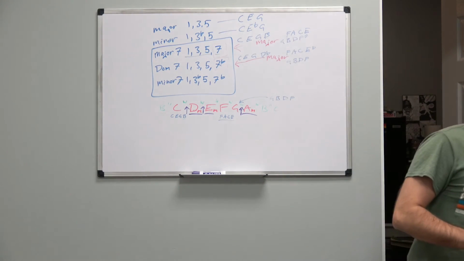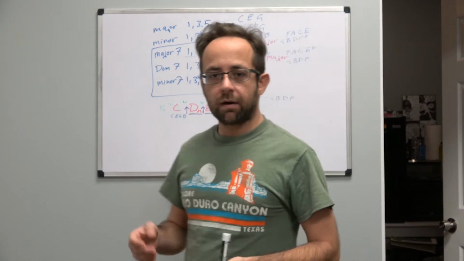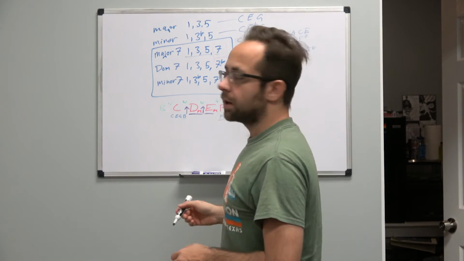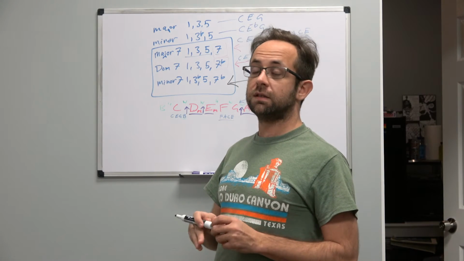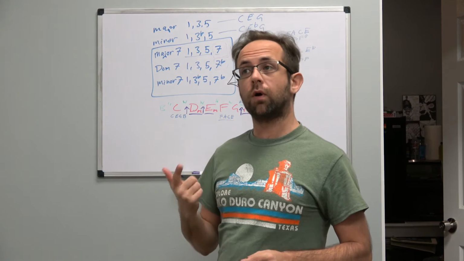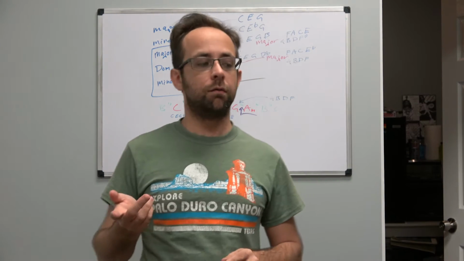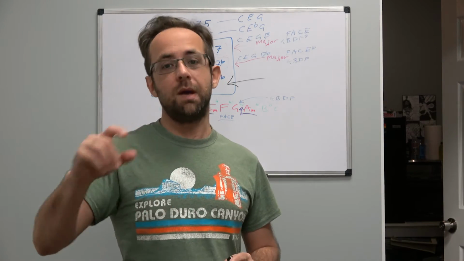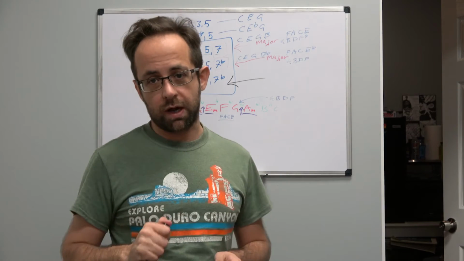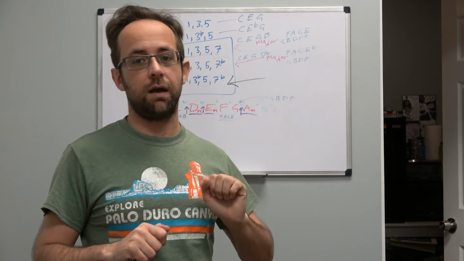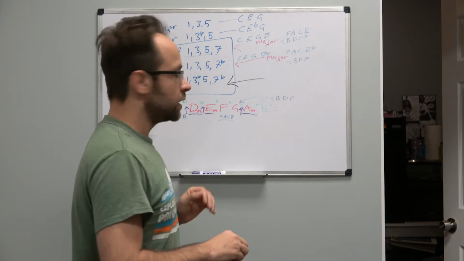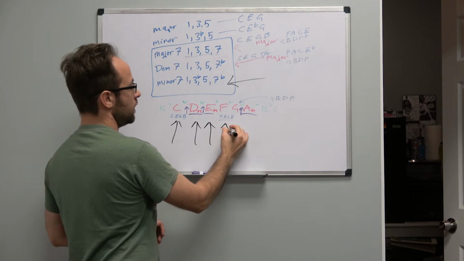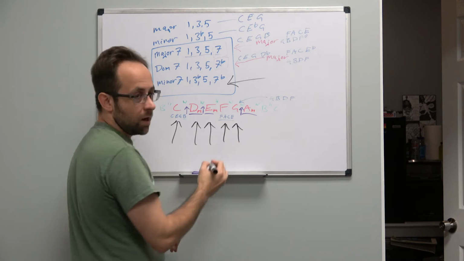So, summary, every single minor chord turns into a minor 7. With major chords, if it is the major chord starting on note 1 or 4 of the scale, the proper version of the major chord for it would be a major 7 chord. It just doesn't work out that way for the major chord starting on the 5th note of the scale. That one would be a dominant 7 chord. So altogether we have major 7 chord, minor 7 chord, minor 7 chord, major 7 chord, dominant 7 chord,